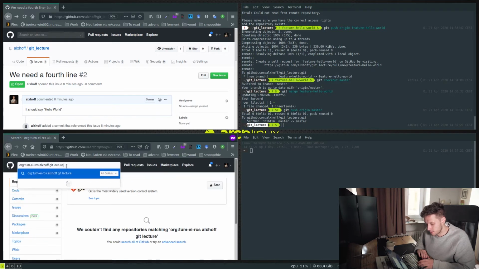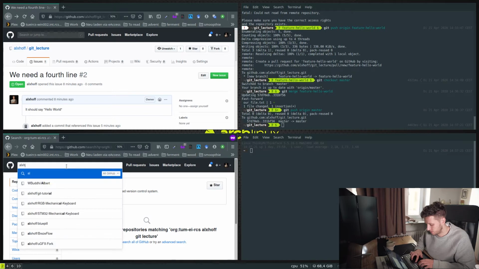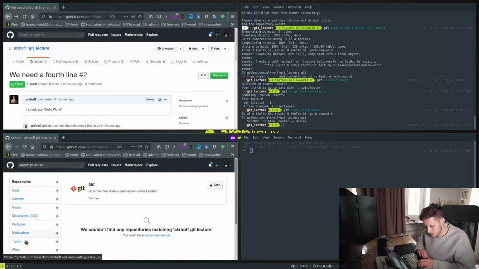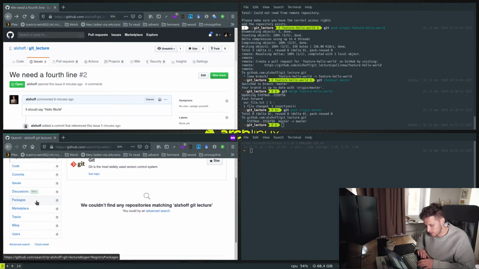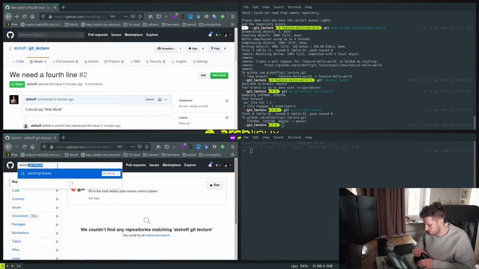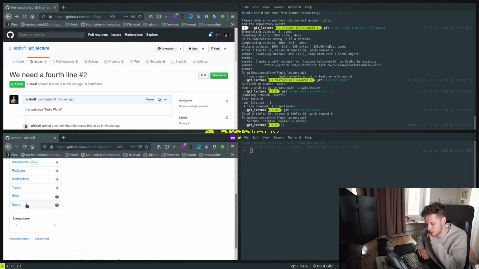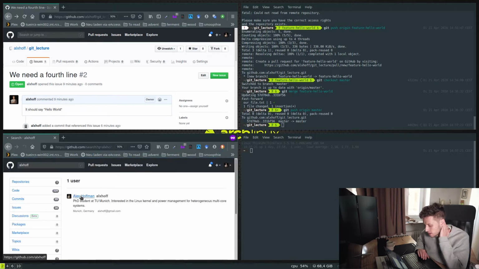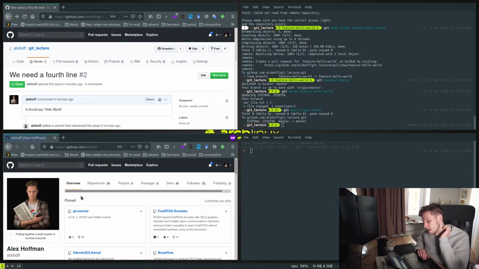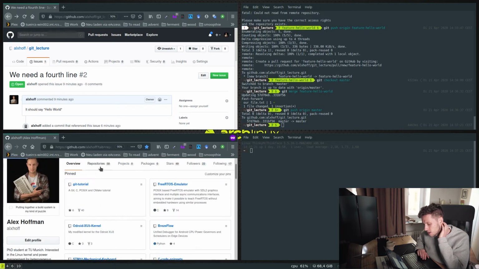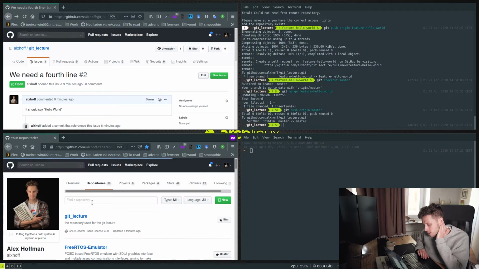In all of GitHub. Git lecture, all GitHub. So it doesn't come up. So now I'm going to try and find me, users, and then I'm going to find the lecture, right? So I just created it. If we go into my repositories, it will appear at the top, probably,